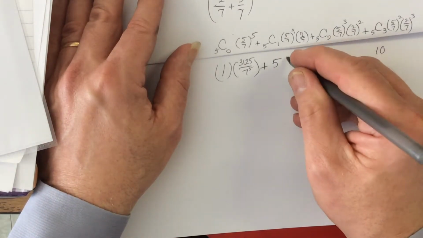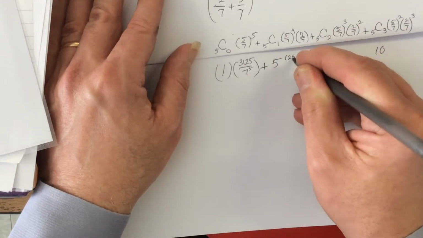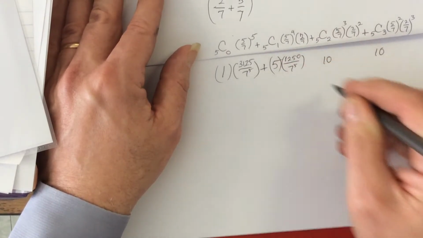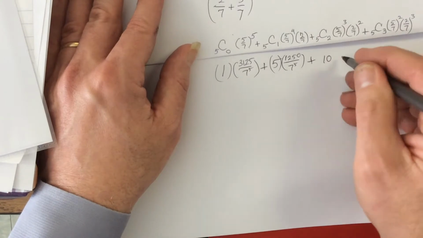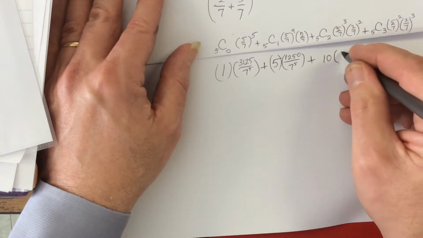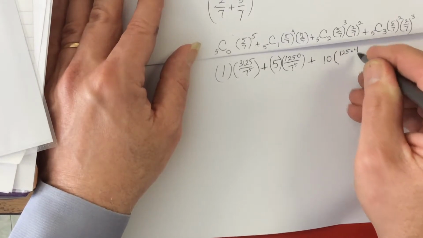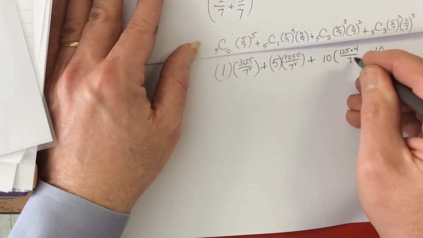So that's 1250 over 7 to the 5th, plus 10 times 125 times 4 over 7 to the 5th,